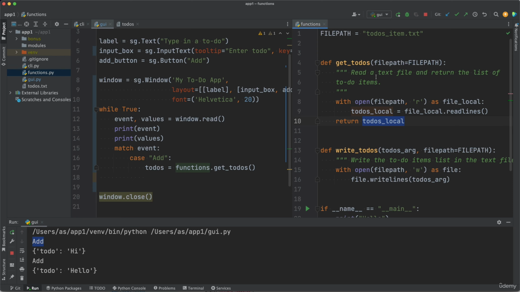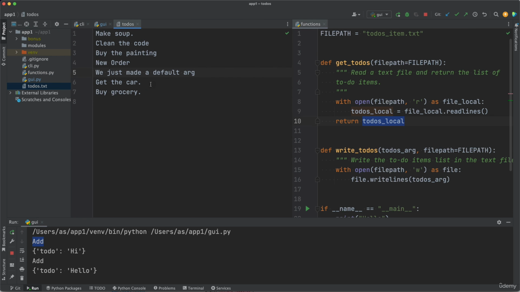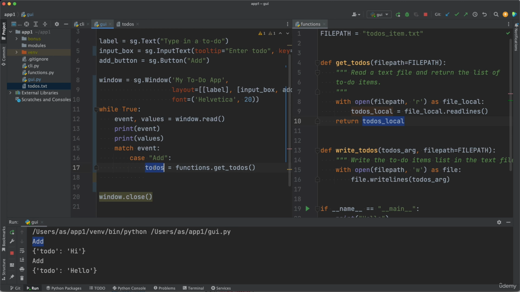So this function reads that to-dos.txt file and gets that list from there and returns it to us. So to-dos is going to be equal to the list of the to-dos. Now in this file path I have this to-dos underscore item. I'll change it to to-dos.txt to reflect my to-dos.txt file, so make sure you have that right as well in your computer. So once I have the to-dos,